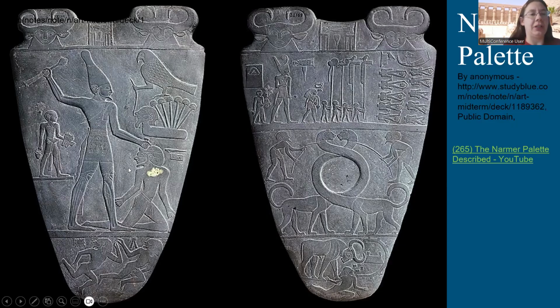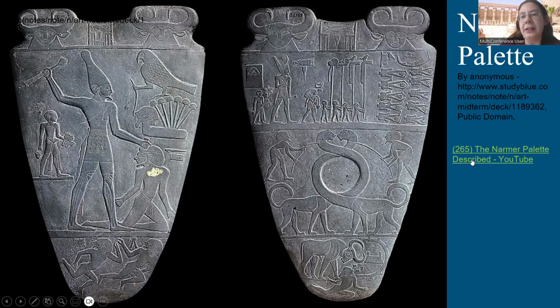You also have, if you look at the way that the scenes are organized, somewhat here, but even more clearly on this side, you see that there's clear registers or bands, and each one is separated. That idea of depicting things on regimented registers or bands is something else that will stay with Egyptian elite art and artistic conventions for these 3,000 plus years.